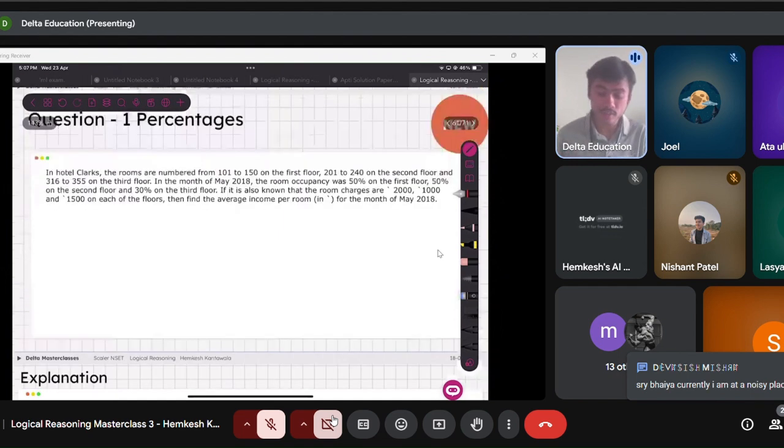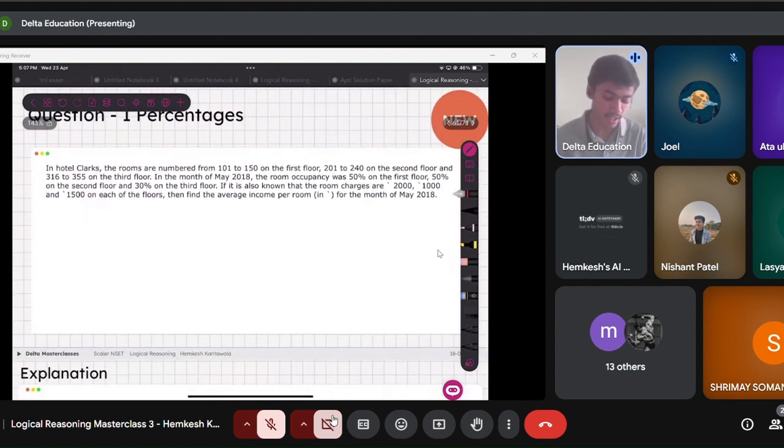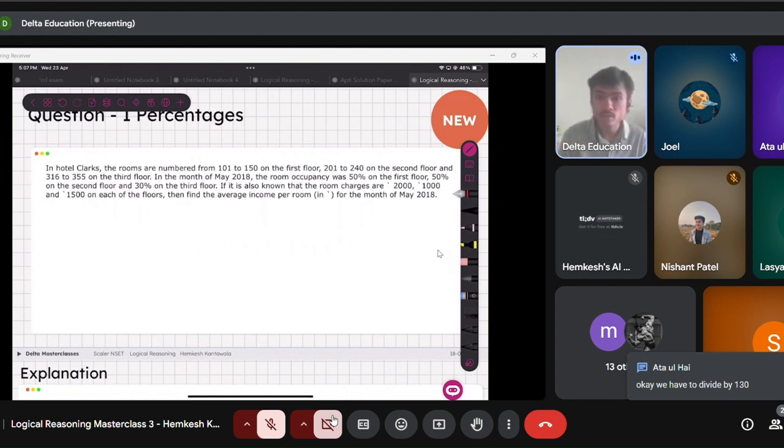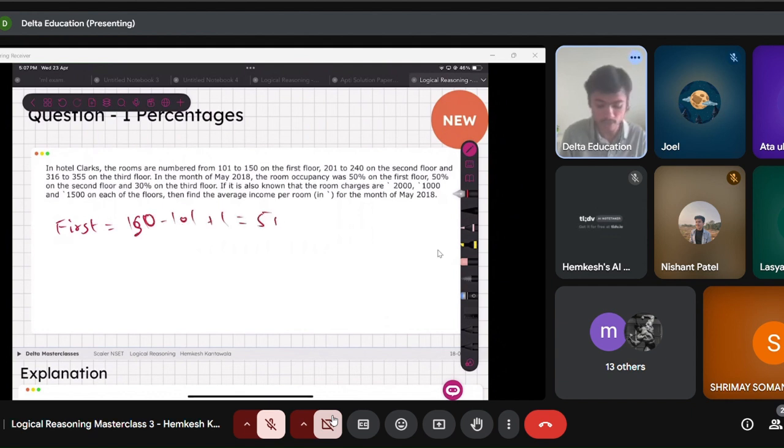Yeah, so let's solve this question. The question says that in a hotel, Clarks, the rooms are numbered from 101 to 150 on the first floor. So we have to divide it by 130. On the first floor, it would be 150 minus 101 plus 1, which would be 50 itself. Okay. On the first floor, 201 to 240 on the